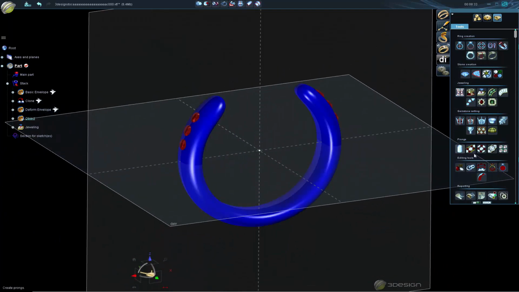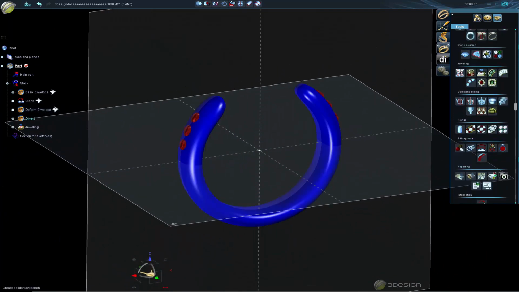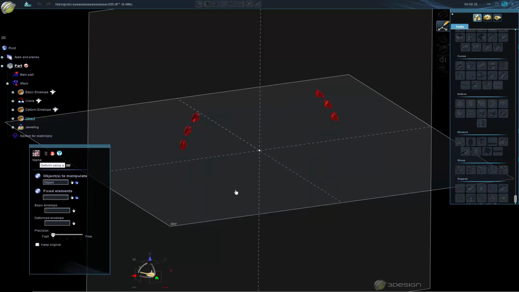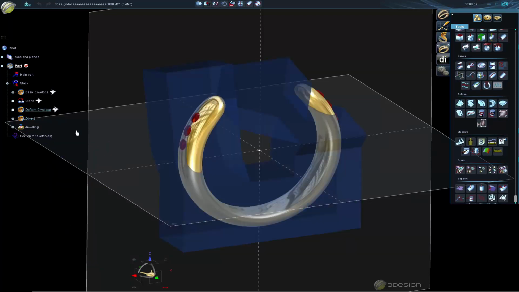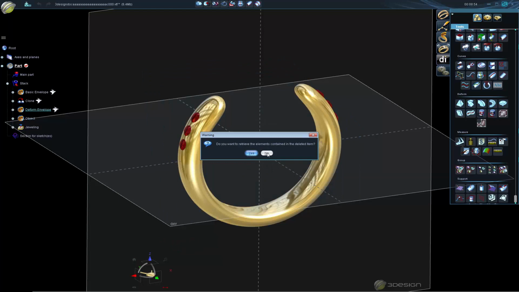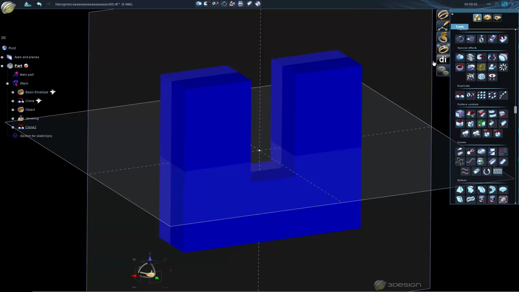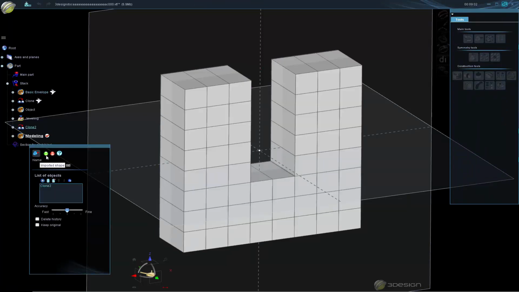All right, let's try this again. Set up my solid, set up my fixed elements, my basic envelope, my deformed envelope. Okay, here's what I'm gonna have to do is redo my deformed envelope because I've already changed it. So we'll just clone